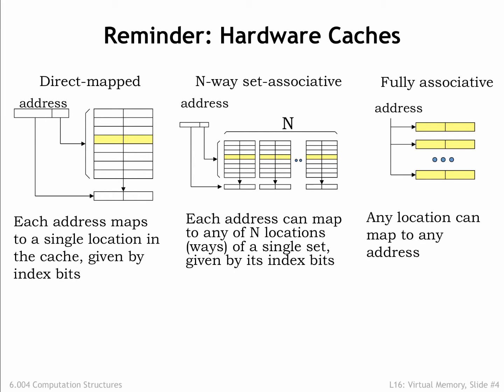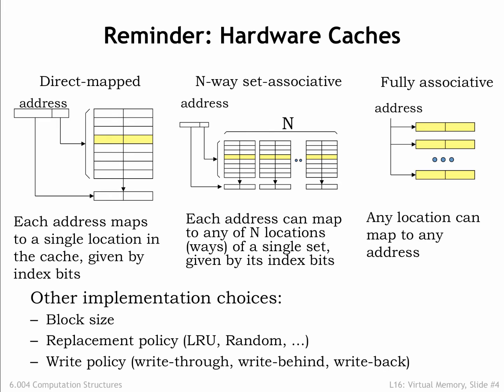In order to increase the probability that requested addresses reside in the cache, we introduced the notion of associativity, which increased the number of cache locations checked on each access, and solved the problem of having, say, instructions and data compete for the same cache locations. We also discussed appropriate choices for block size, the number of words in a cache line, replacement policy, how to choose which cache line to reuse on a cache miss, and write policy, deciding when to write changed data back to main memory. We'll see these same choices again in this lecture as we work to expand the memory hierarchy